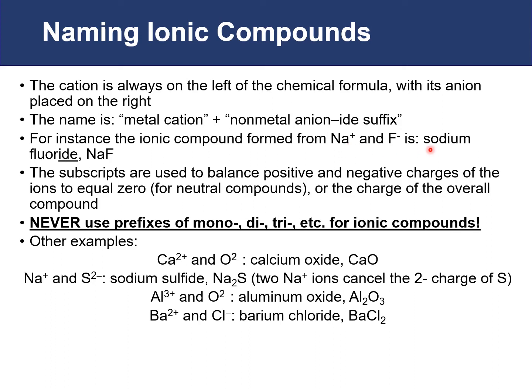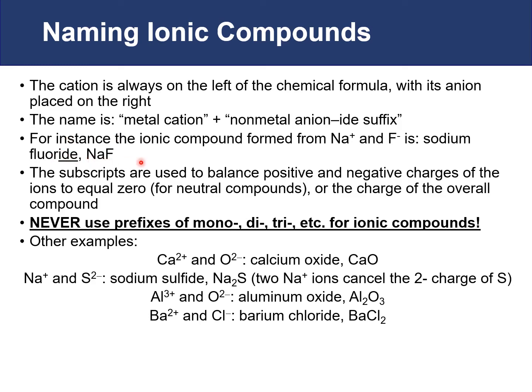We'll just use the elemental name, sodium, followed by the name for the nonmetal, fluorine, remove the end part of the name and replace it with "ide." So fluorine, get rid of the "ine" part, and replace it with "ide." Taking a sodium cation and a fluoride anion, combining them together, we get sodium fluoride,